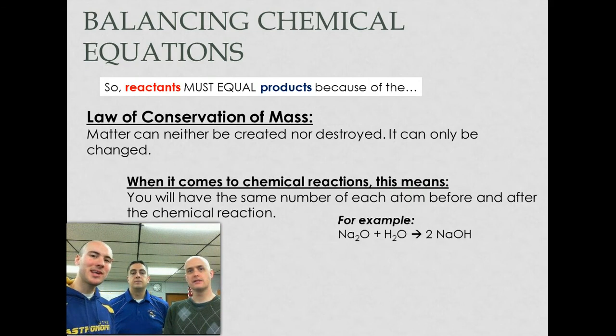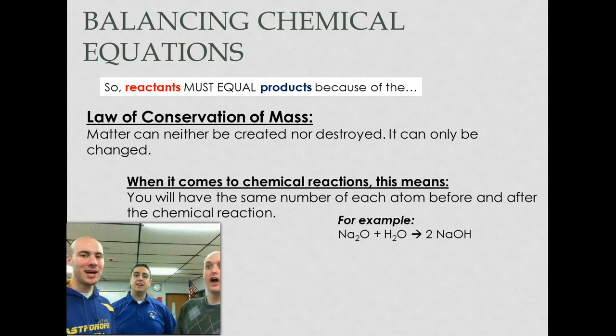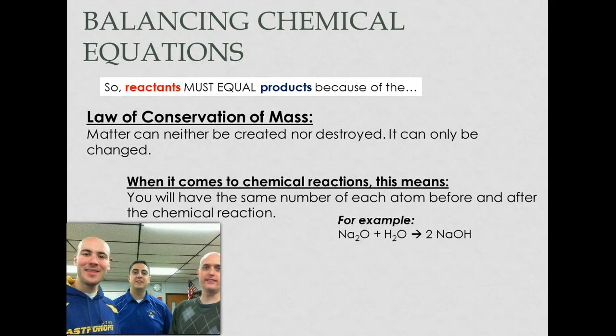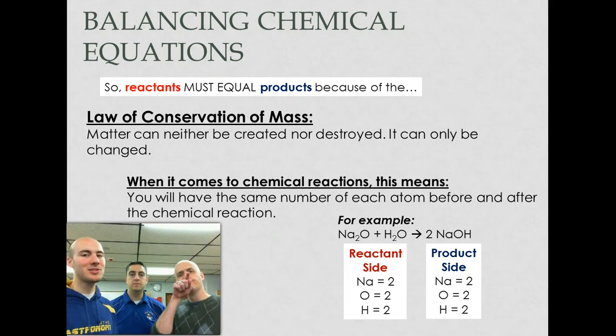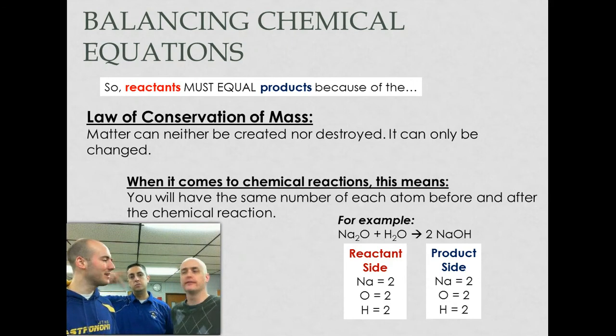So here's a little example. Let's say we have the formula, that's sodium oxide, correct? Correct. And H2O is, of course, dihydrogen monoxide. Yes, water. And then those things come together to form sodium hydroxide. So you'll notice that if you add up the number of atoms on both sides of this equation, on the reactant side you have 2 sodiums, 2 oxygens and 2 hydrogens, and same on the other side. So what's going to happen is, you'll normally see a problem where we neglect to put this 2 in front of the sodium hydroxide, in which case it's going to say there's 1 of everything,